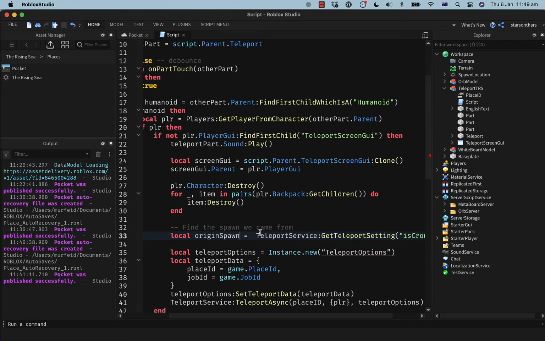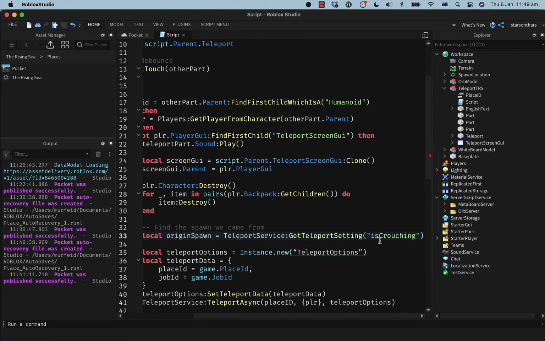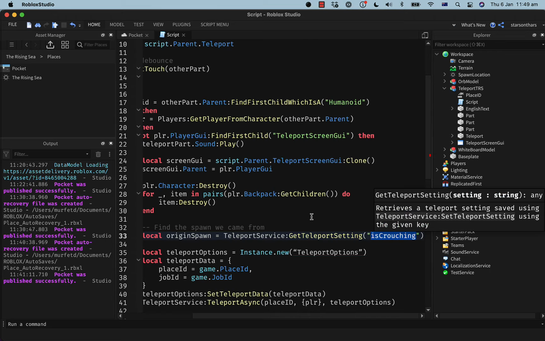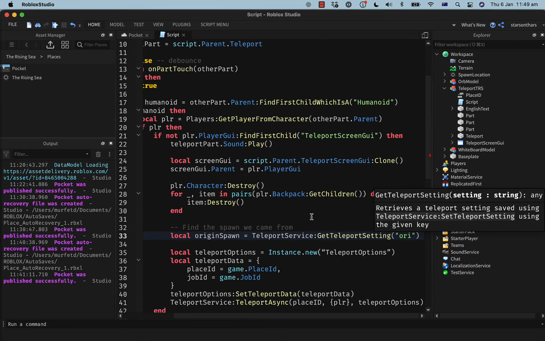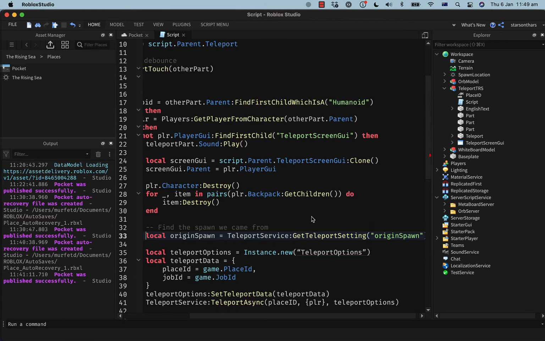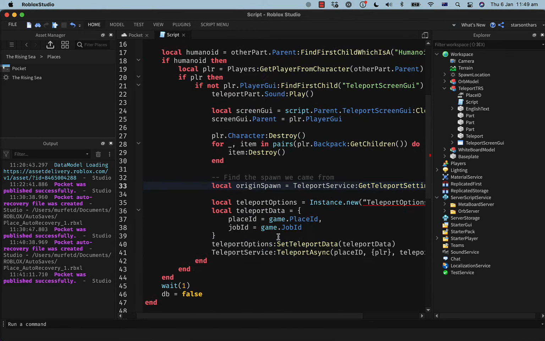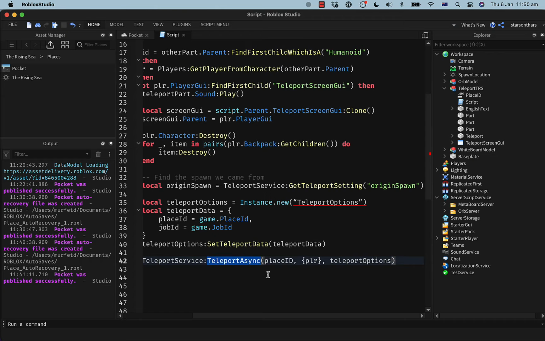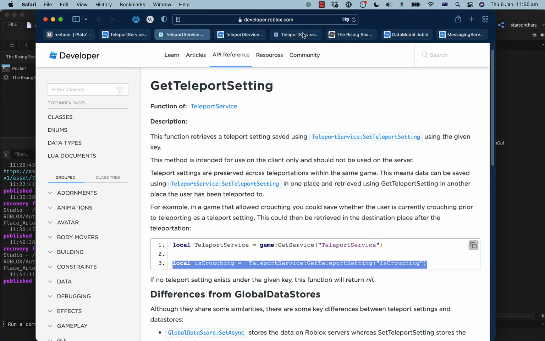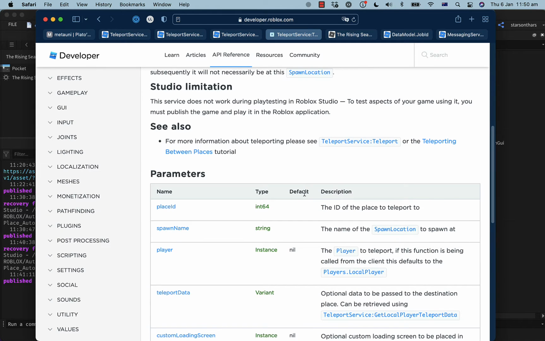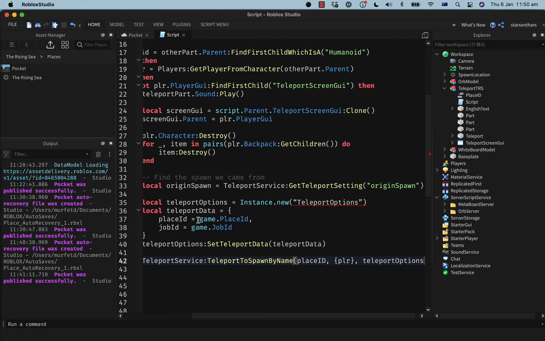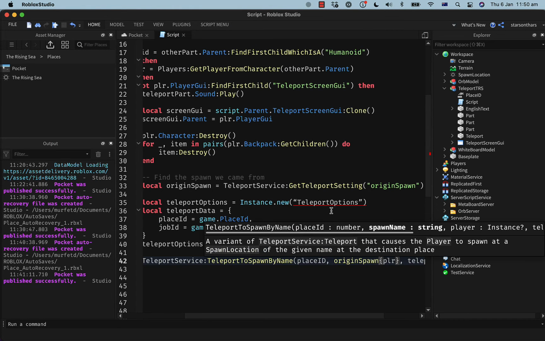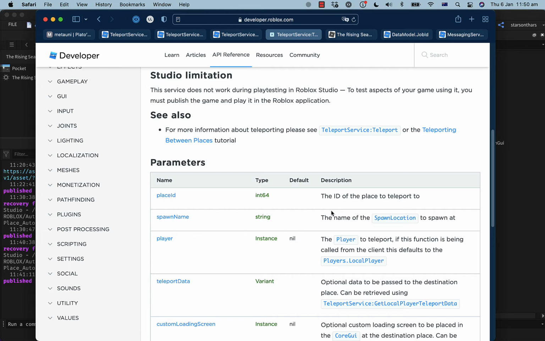Wait, is crouching? It's nothing. It's just a random thing in the example code. Alright. Name, place ID, spawn name, player.